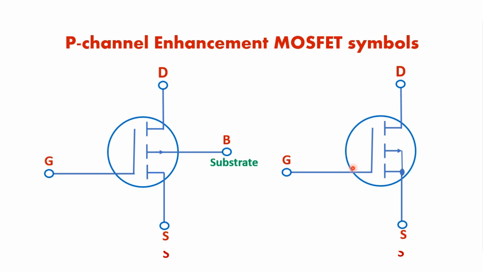Remember, the enhancement MOSFET differs from the depletion type in that no continuous channel exists between the source and the drain, with the result that no current flows at zero gate voltage. The symbol's broken channel represents this particular condition. As we know, a minimum, or you may call it a threshold, gate voltage is required before the drain current will flow.